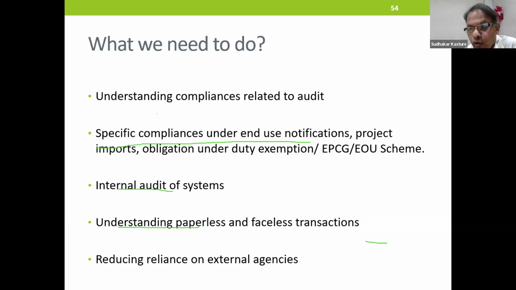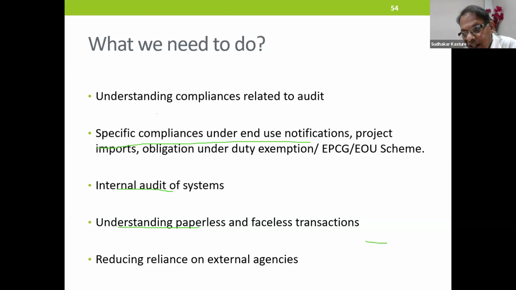When you use advance authorization, you get EODC. People think case is closed. Case is not closed. You got EODC. EODC related documents have to be submitted to customs, get the legal undertaking cancelled. Then your case is closed. Closure has to happen at the customs end. Otherwise, customs may raise a query, I don't find any document after 10 years, then you keep searching about it. Doesn't make sense.